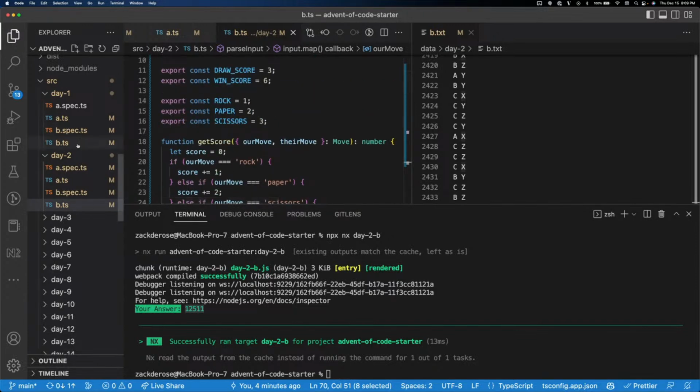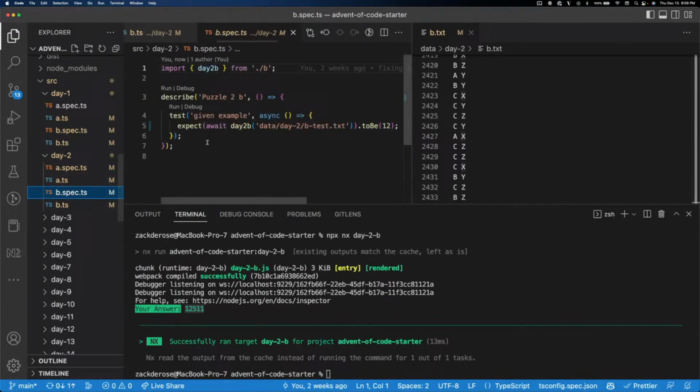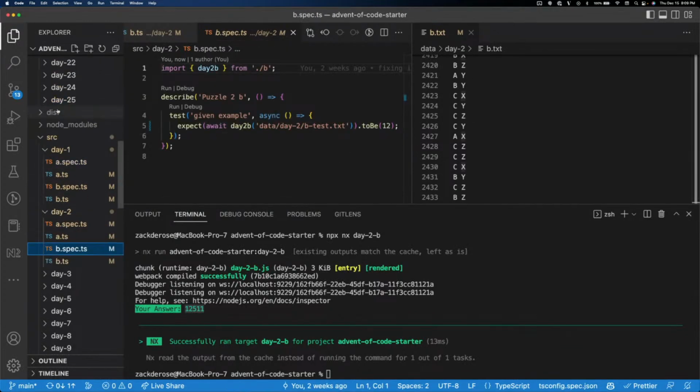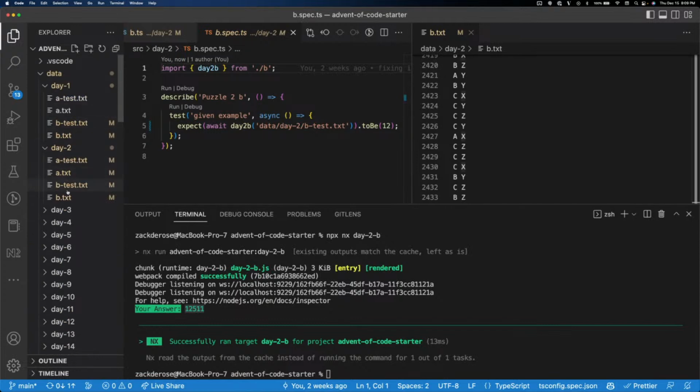I guess we could try making another test here, just because we're not able to get it. If we look at our test data,